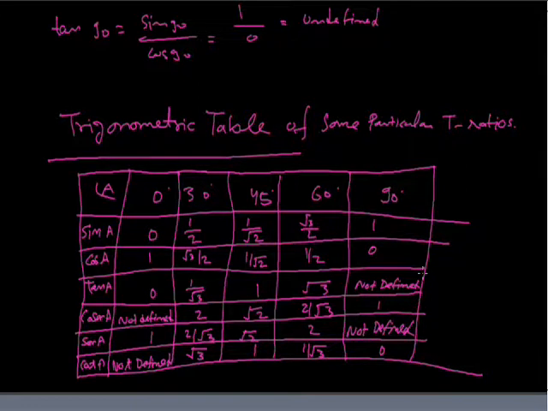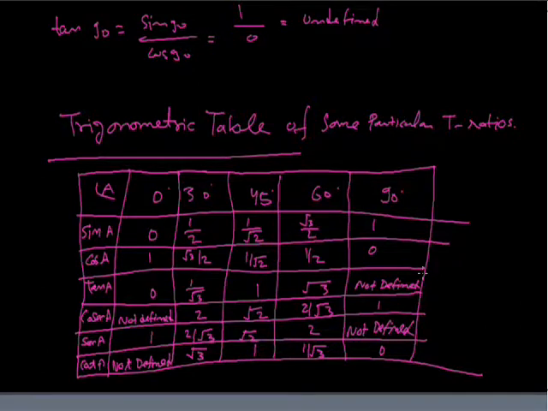And we know tan A equals sin A upon cos A. So tan 0 equals 0 upon 1 equals 0, tan 30 equals sin 30 upon cos 30 equals 1 upon root 3, tan 45 equals 1 upon root 2 upon 1 upon root 2, we got 1, tan 60 equals root 3 by 2 upon 1 by 2 equals root 3, and tan 90 equals 1 upon 0, so it is not defined. So we can easily learn the table, just we need to know the sine of angles.